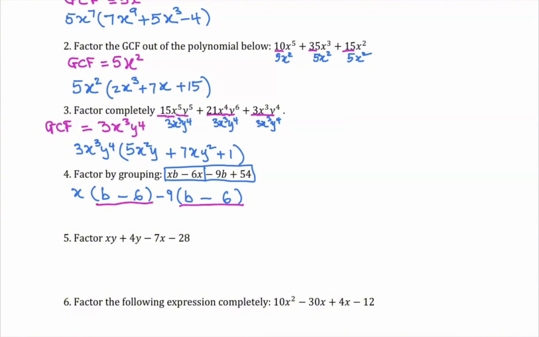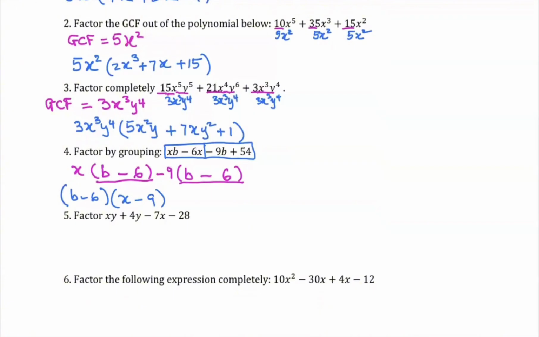Now we can pull out that GCF, the factor b minus 6. We're going to pull it out. Let's factor out the b minus 6, the factor b minus 6. And then the other factor will be x minus 9, what's left. All right, so that's the factored form of the expression xb minus 6b minus 6x minus 9b plus 54, obviously